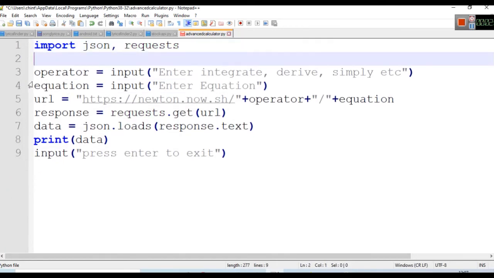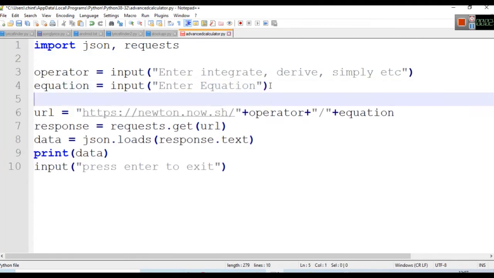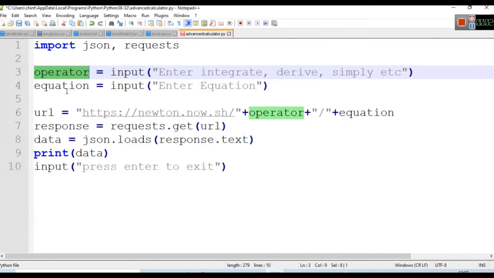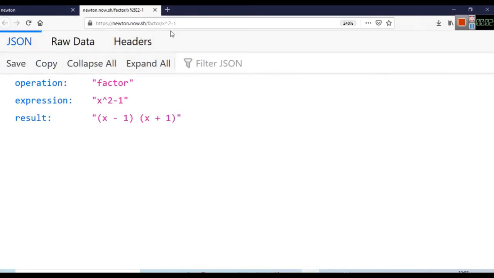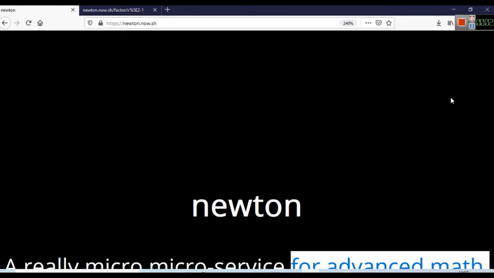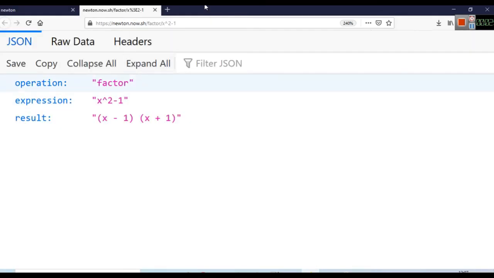After importing these two, we are creating two inputs. First input is the operator and second input is the equation. In the sample given on the official website, you have to enter the expression in this format, x raised to the power of 2 minus 1, and then it will factorize this equation and give you the factors of it.